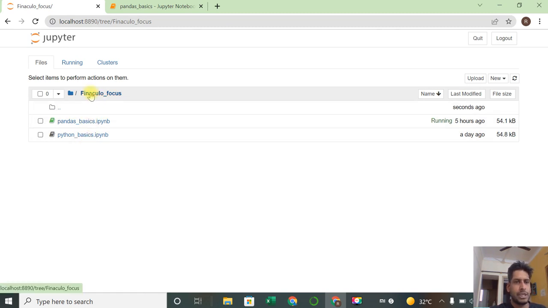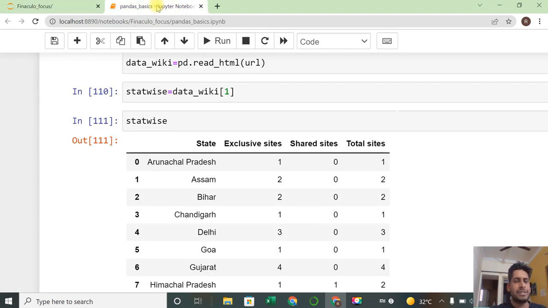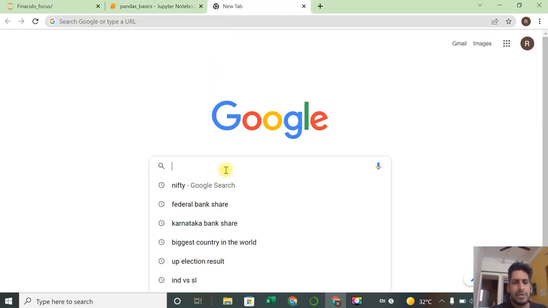For example, I'm working in a Pinnacle Focus folder. In that particular folder, I have created my Pandas Basics sheet, right? So I need to upload that particular data set there only. I will show you where you can get the data. You can go to Google and type